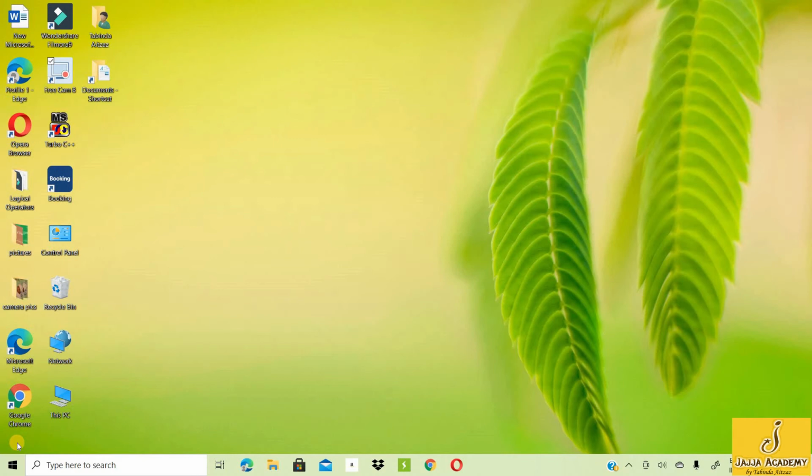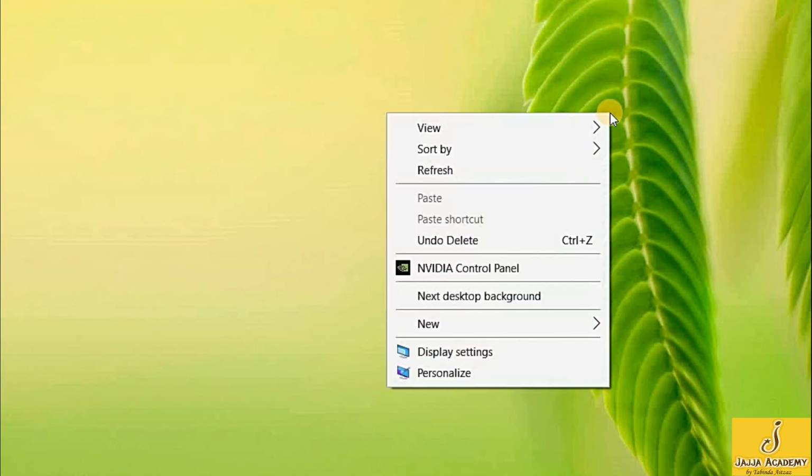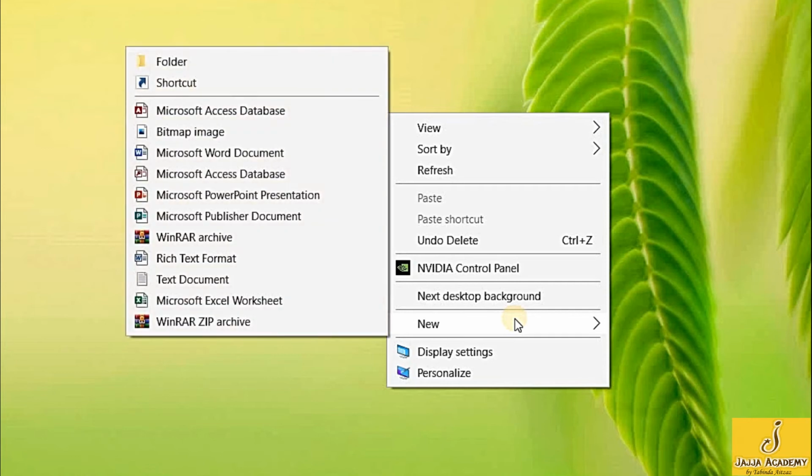Right click on the screen where you want to create the file. I'm going to create it on the desktop. So I'll right click on the desktop. Here you see the option of new. Click on new. Now select this text document. A text document is created on the desktop. Now you can change its name. Click on this text and change its name. Simple word processor. Now double click on this file.